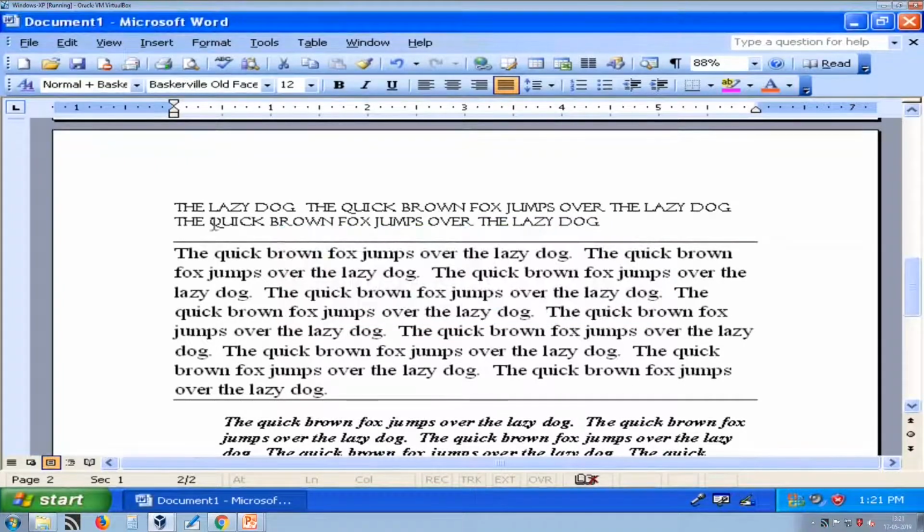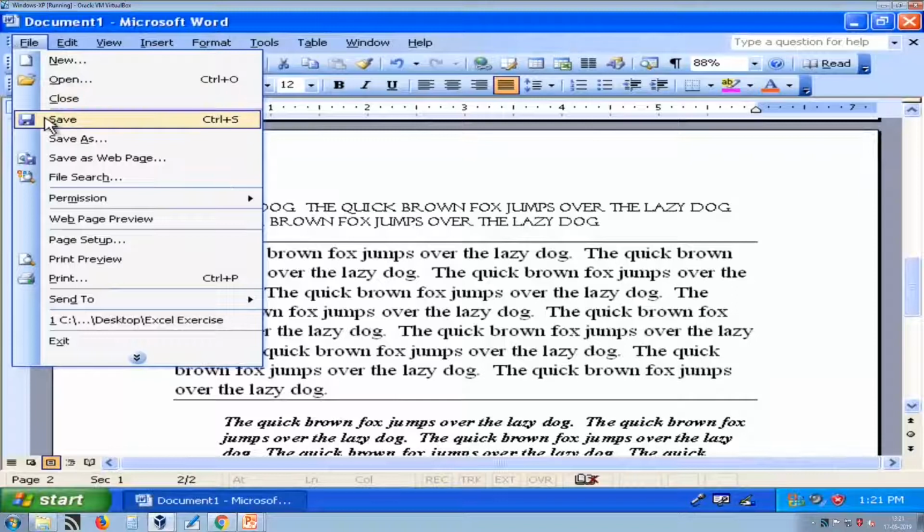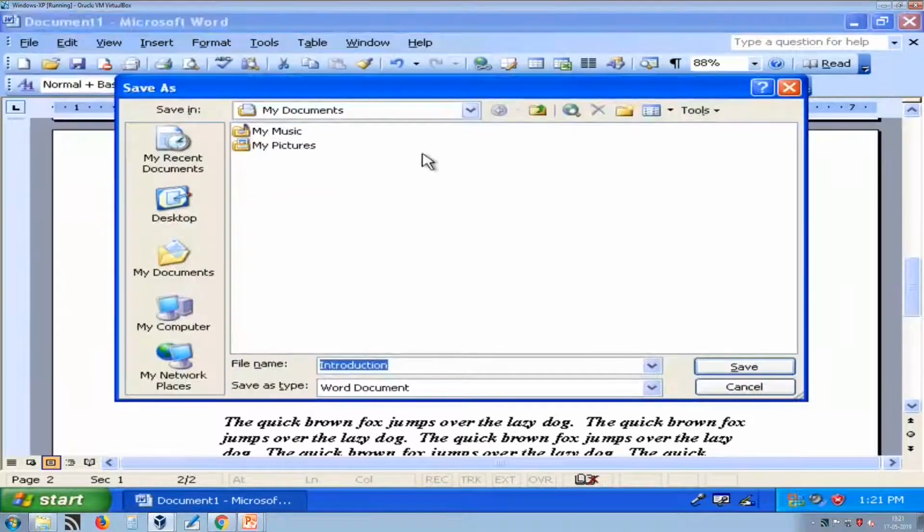I am just pressing that, but you have to frequently save your file in order to keep your work intact. So, I am just pressing save, and the shortcut key you can see here is Control plus S. It means you have to press Control and then press S on your keyboard. So, here I am saving my document. Now, when you press save, it will ask you for Save As the first time. First time it is only asking, next time it will not ask you.